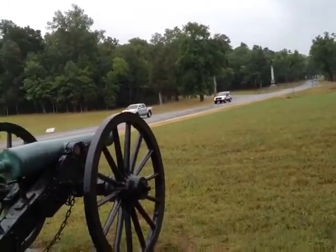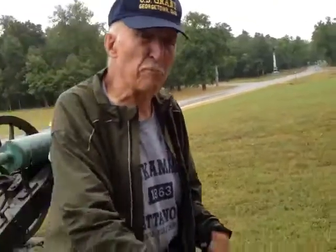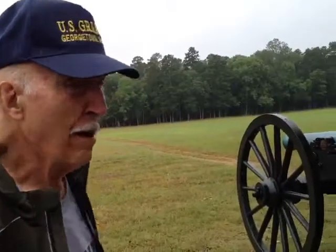See that open field in the distance? Right now the Union are in deep shit. The Confederates have turned their left flank. But